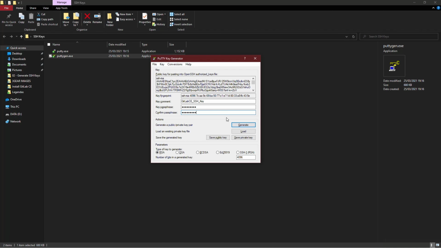Now, we will save our keys. Let's save our generated public key.